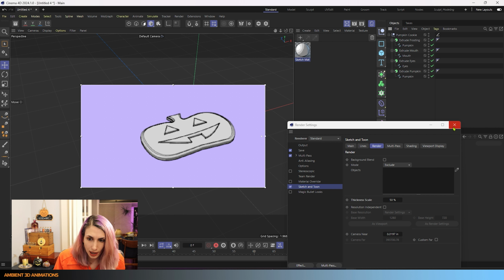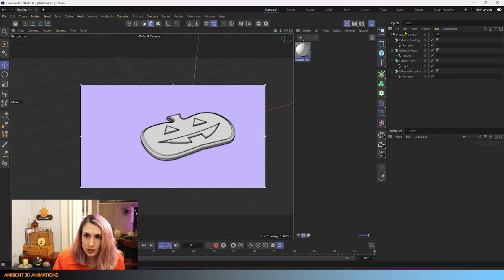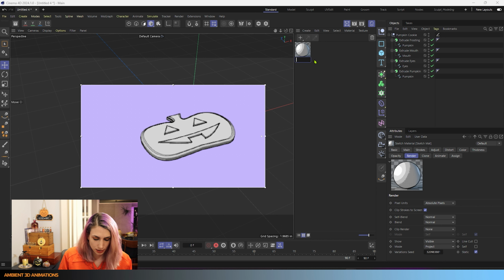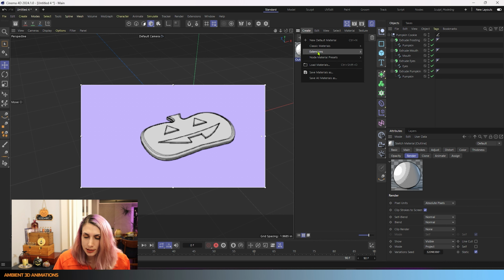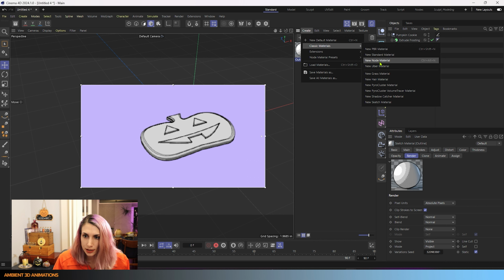So now that we have this, and we have our thickness scale set to 50%, we can also go ahead and adjust the color. So I'm going to first name this outline, and then I'll go ahead and create some more classic materials.